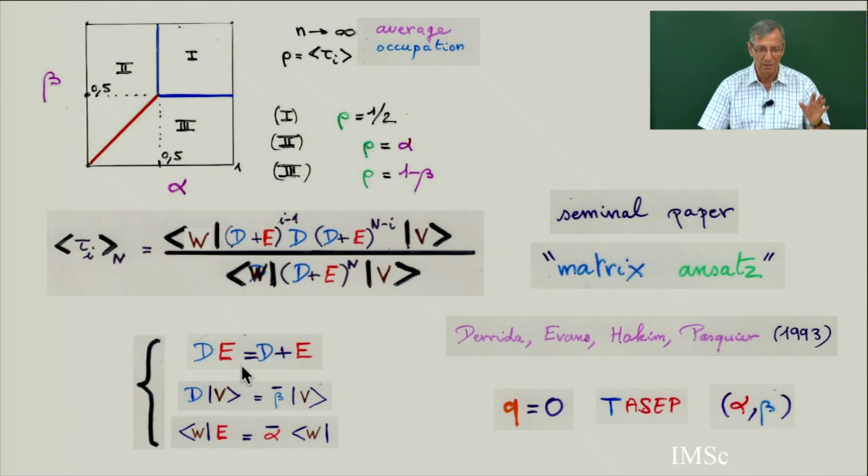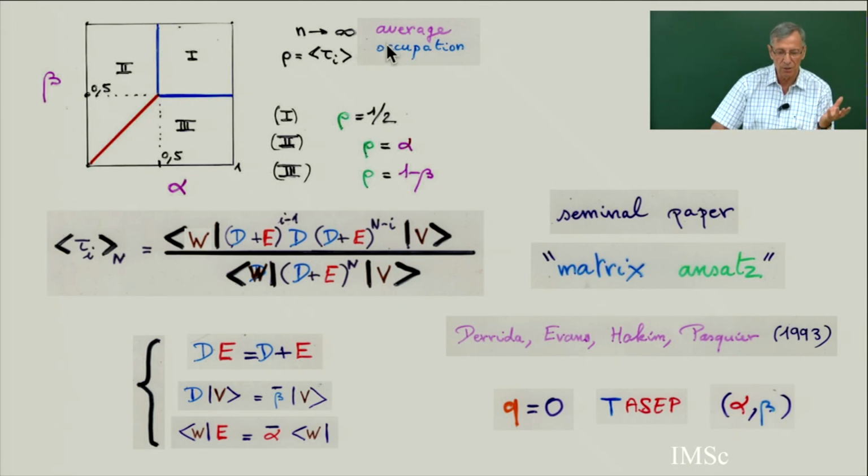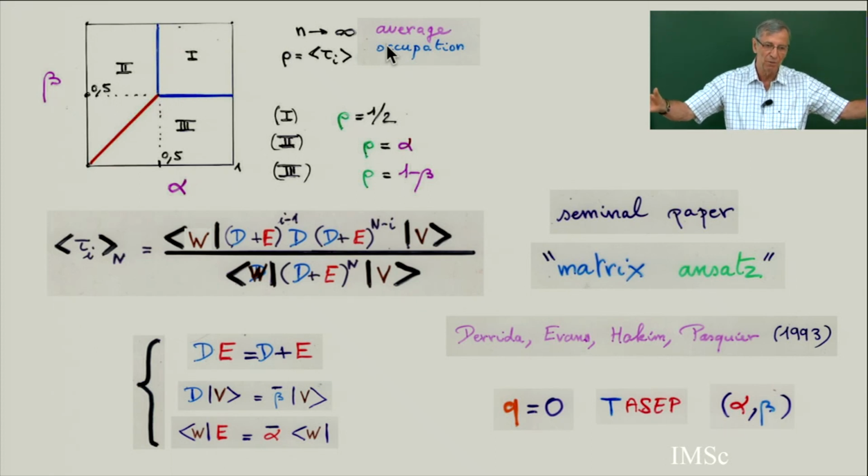So this is the matrix ansatz for this. And in the paper, they give a complete proof of this regime, this phase transition for the TASEP. I gave you this at the beginning of chapter 3, where there was a phase transition depending on alpha and beta, and the phase transition was in the average occupation numbers. If you have a very large strip, and you take one cell in the middle, and take the strip to infinity, then the occupation number is going to be given by this diagram. There is an explicit computation in the paper.